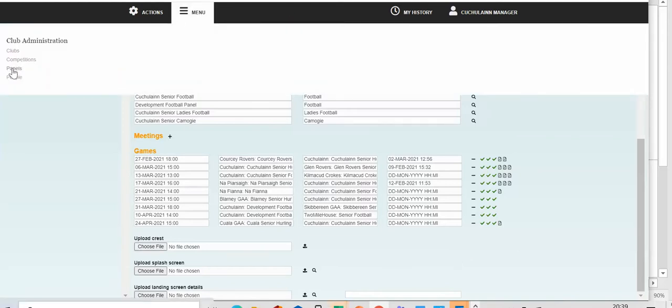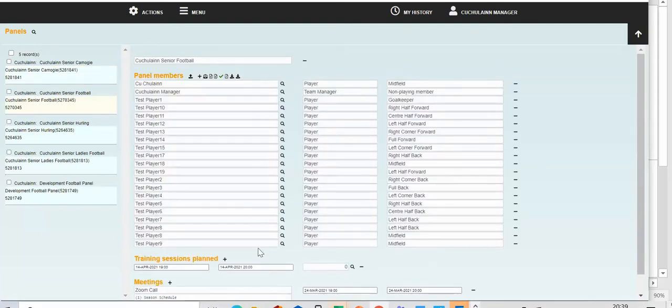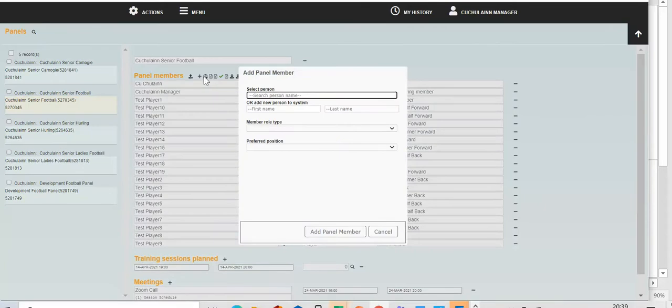Taking a look at panels, you can see on the left hand side all the panels that are set up for the club are visible. Click on any panel and you'll see a listing of all the players in that panel. To add a player, you click on the plus sign. You can either add a new name that doesn't exist, or if it's an existing name of a player or